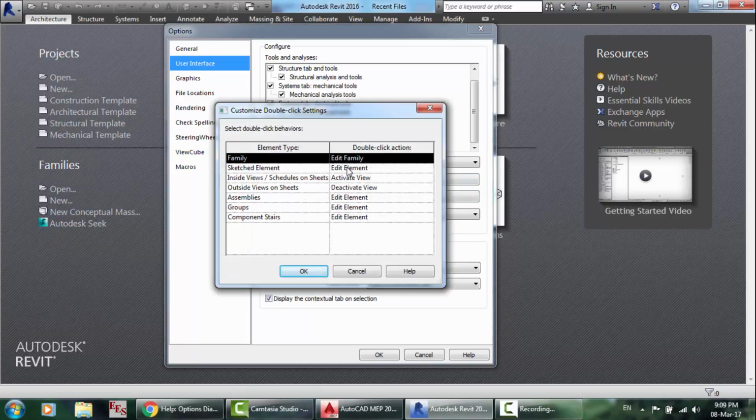so here edit family, double click action, edit family, sketched element, edit family. Here activate view. Okay, or do nothing. Here edit family, do nothing, or edit, okay, so you can change as you like. You will find this easier after getting involved with the project. Okay,